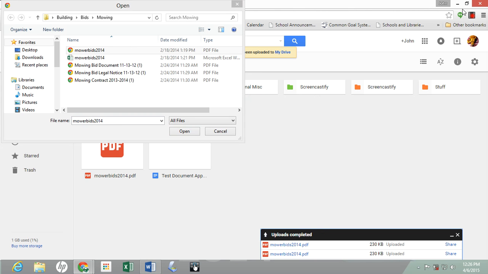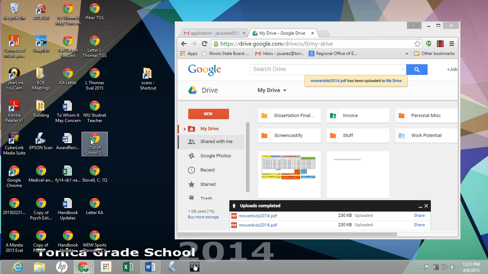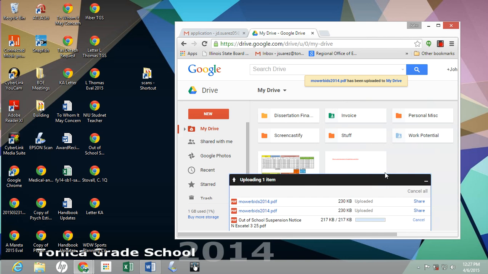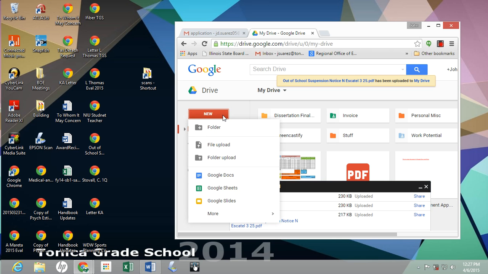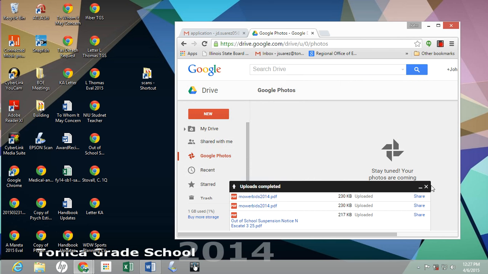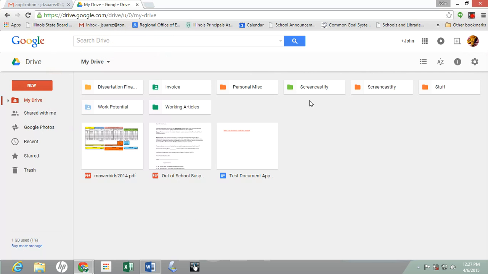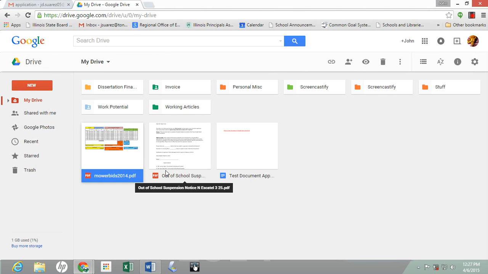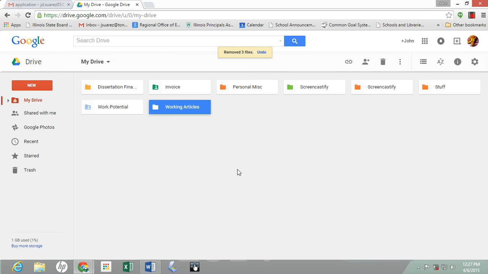A lot of times I would do this, and it would be a big hassle. I would minimize, and I would take things and drag them in and drop them. But it is nice that you can just not have to minimize the screen. Just go to New, go to File Upload, or go to Folder Upload, and you can drag things right out of there. It makes it really, really simple. This has made my life extremely easier. And again, I'm going to get rid of these things. These are school documents that I don't need to have on my personal file. Let's find